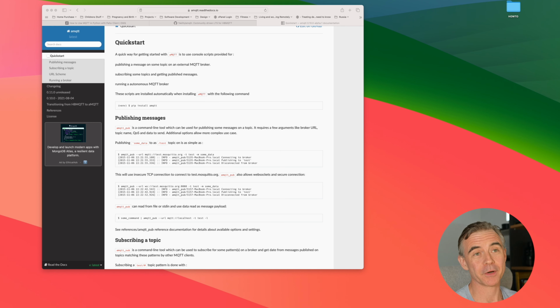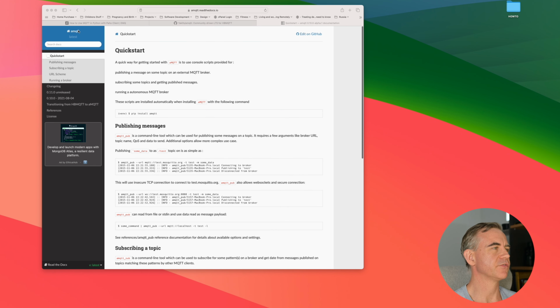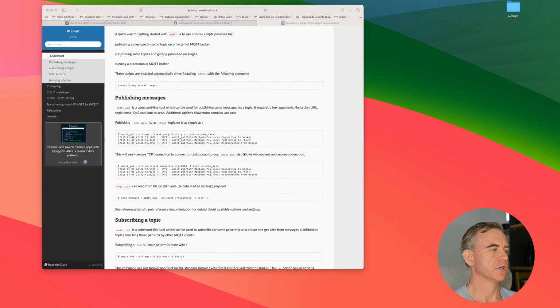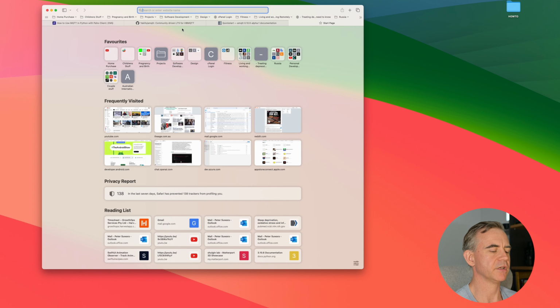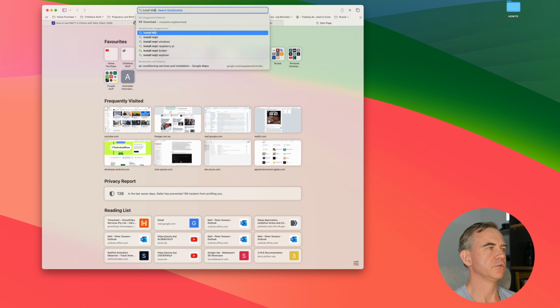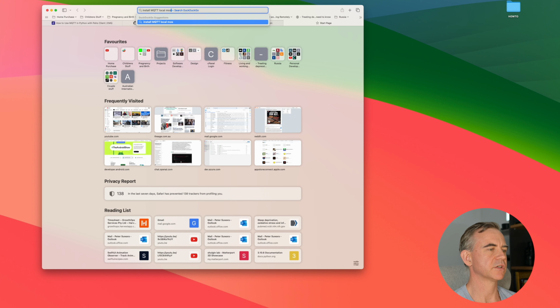Hello, hello, hello. Here we are, and here is a quick start guide to a tool that we could possibly use as an MQTT broker. So I guess the first thing we want to do is find out how to install this. I was looking around for various local MQTT brokers that we could use on, say, a Mac. I know there's one called Mosquitto. Let's install MQTT local Mosquitto